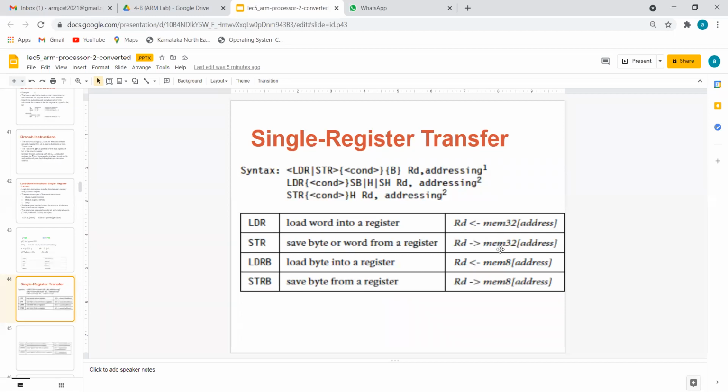A very simple way: you all know the word loading for the digital wallets of PhonePe, Google Pay, or Paytm. What do you mean by load? From a bank to the Paytm software. What do you mean by store? From Paytm back to the bank. So memory will always be big, with very high capacity, and Rd will be very small in capacity. Your pocket is smaller than your bank. Okay, coming back to this software.